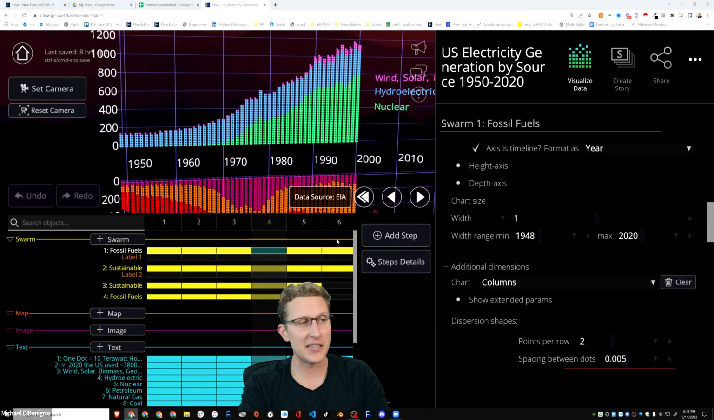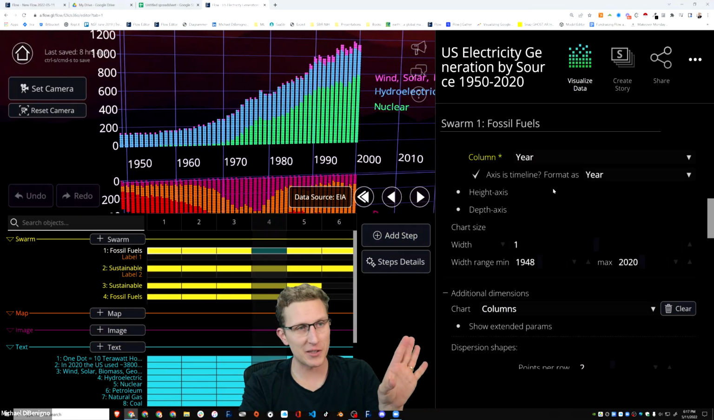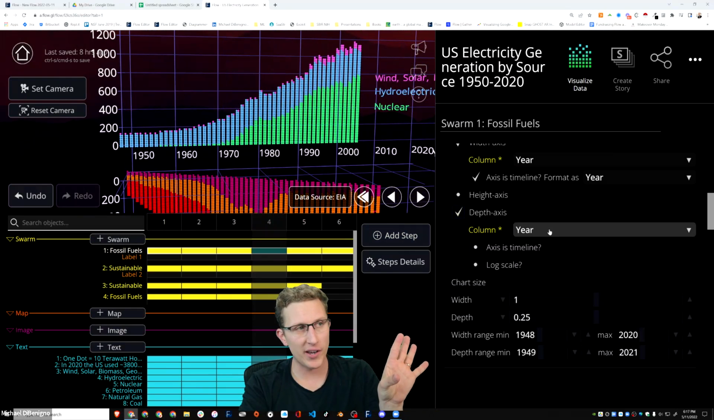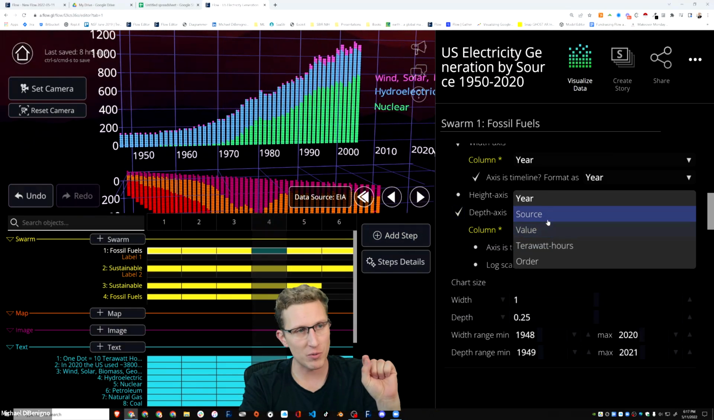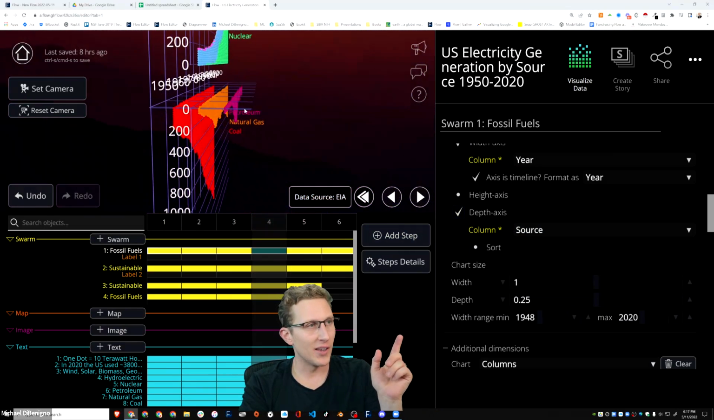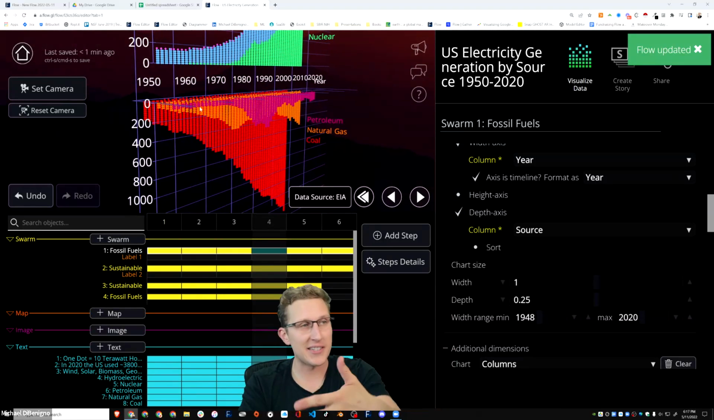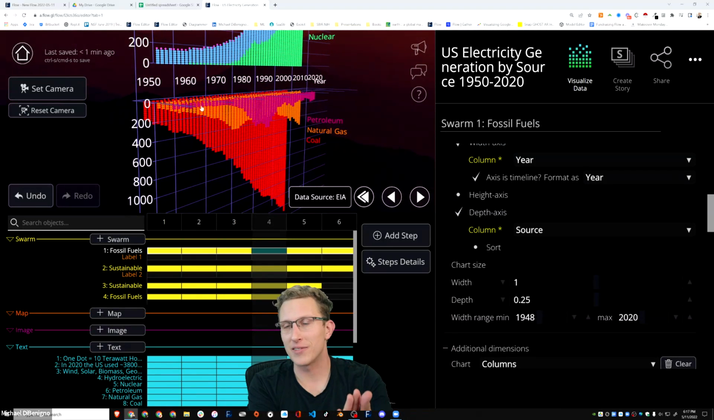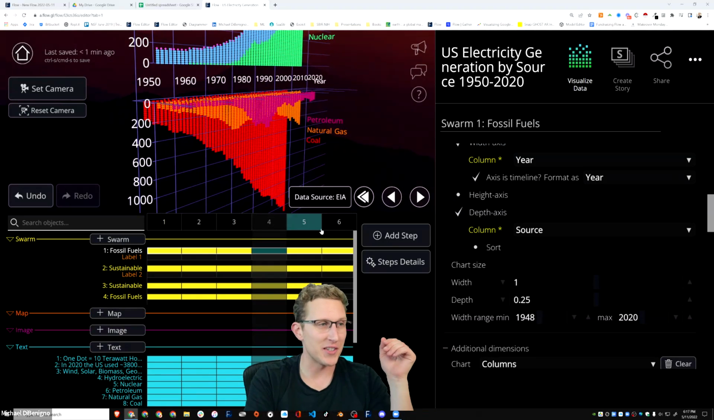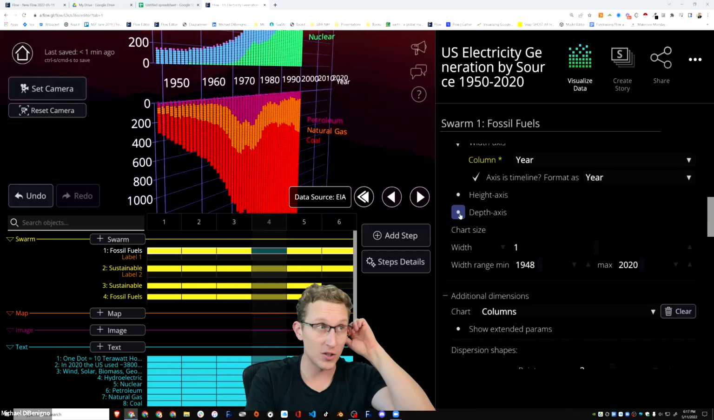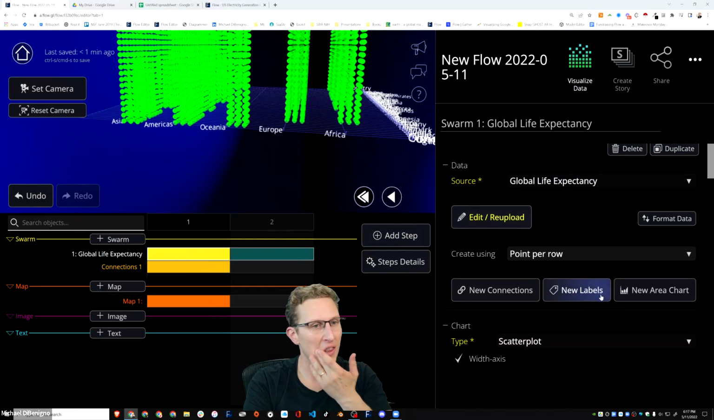And I've seen a lot of benefit, because the nice thing about this is that by default, now when I separate out the depth dimension by source, it will not stack them because they're not on the same X plane. So yeah, it's a nice way to do that. Okay, so back here,